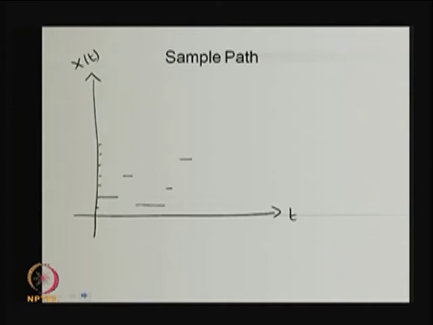So, here the observations are the state space is discrete, whereas the parameter space is continuous, and the time spent in each state is going to be some positive amount of time before moving into any other state. So, this is the observation in the sample path which I have drawn.